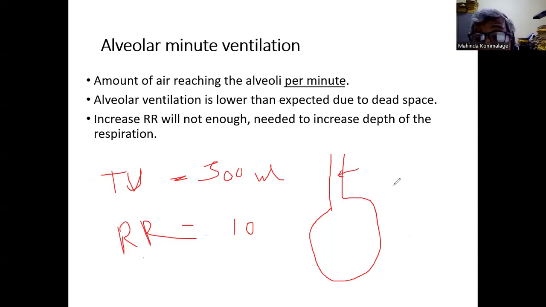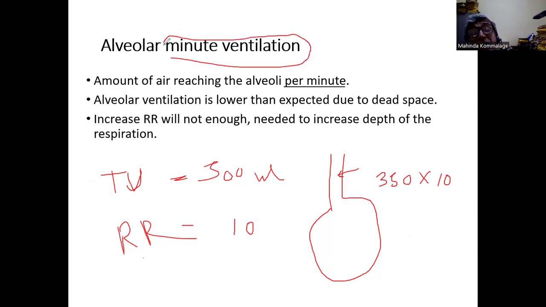So the actual volume that will go is 350 into 10. Right? So that volume we call alveolar minute ventilation. That is the real volume that will go to the alveoli in a minute. It's the real volume that will contribute to gas exchange per minute. So this value is important